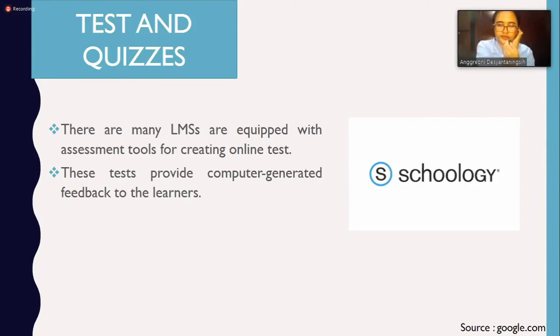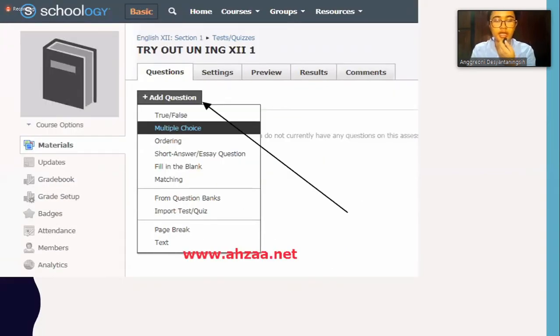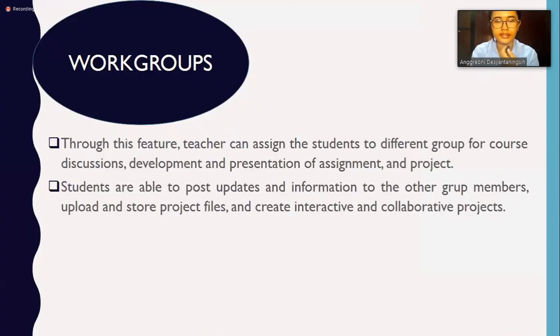For example, Schoology has these features. The teacher can make a quiz or test in Schoology, and students can answer the test and get the result.